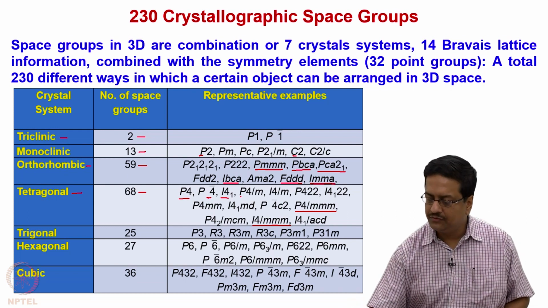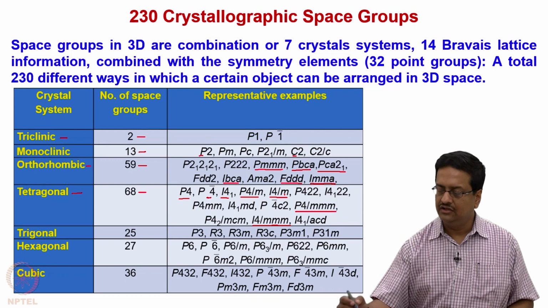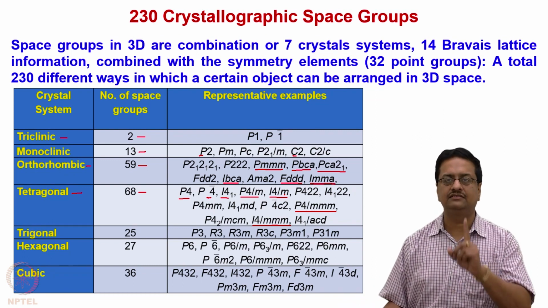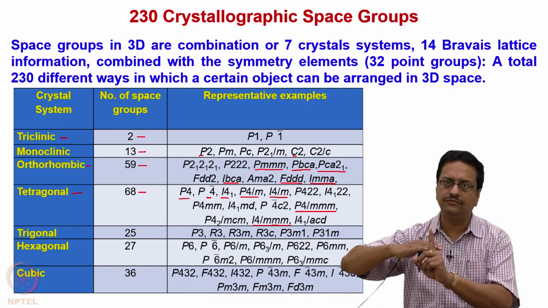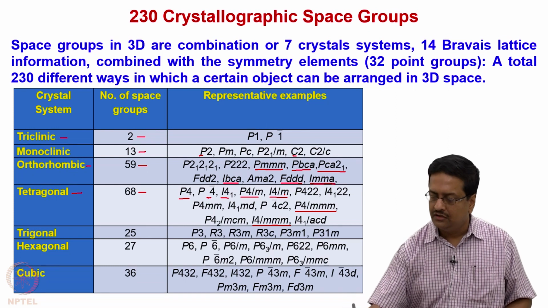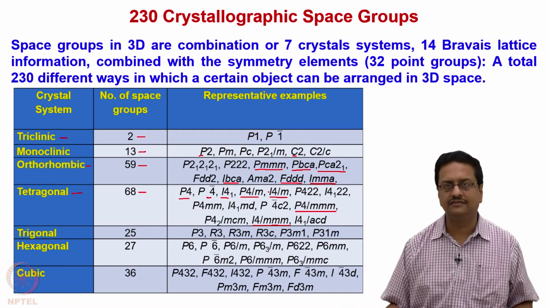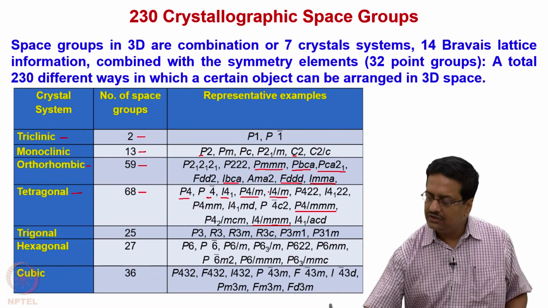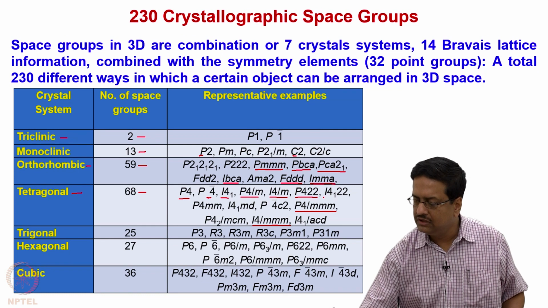When we say P4 by M or I4 by M, it means you have a 4-fold axis along Z and a mirror perpendicular to that 4-fold axis. That means it is perpendicular to Z. The P and I, as usual, signify primitive and body centered lattices. When we look at the space groups like P422,